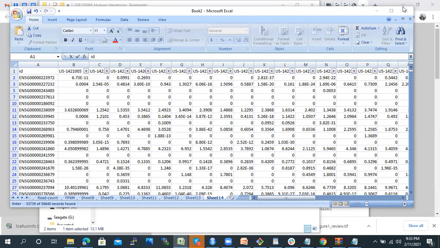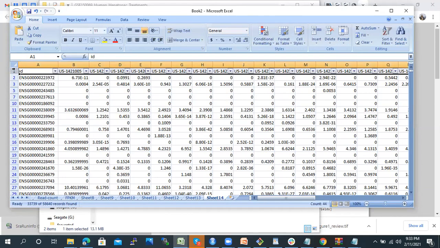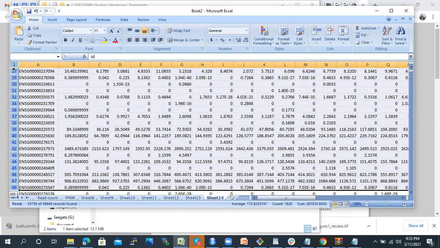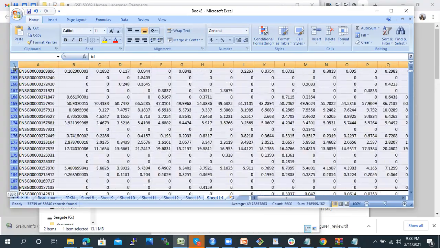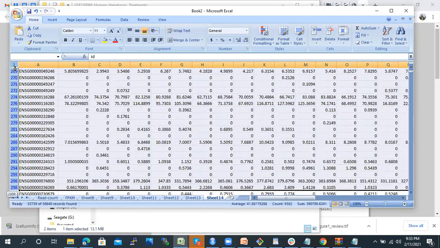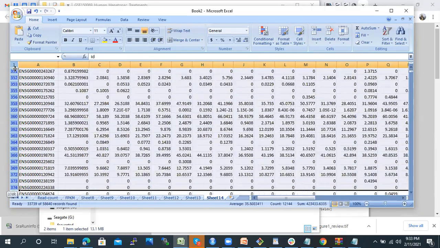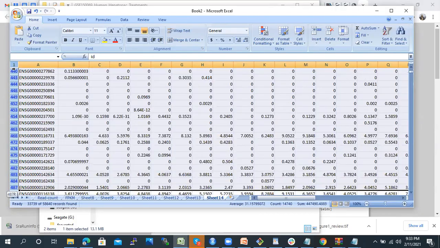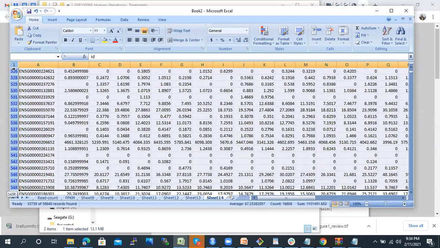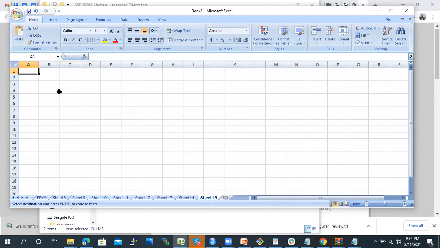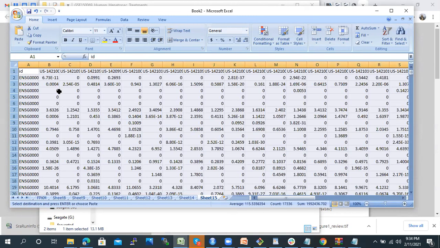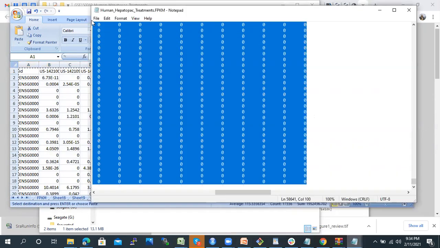Once we have this gene expression data, for example, right now I'm taking the top 500 or something. You can go with the complete data, but just to show you an example I'm going with the top 500 samples. I'm pasting it in another Excel, and as you remember, on the T-Bioinfo server we need